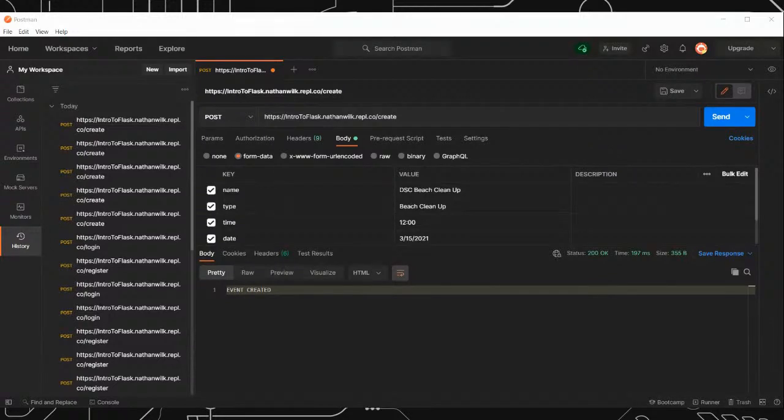Now we need to list the events that are going on. So we're going to use the special list key with a prefix, which is going to help us find all the events that are available. So let's do this over here. We do app route with the name of,